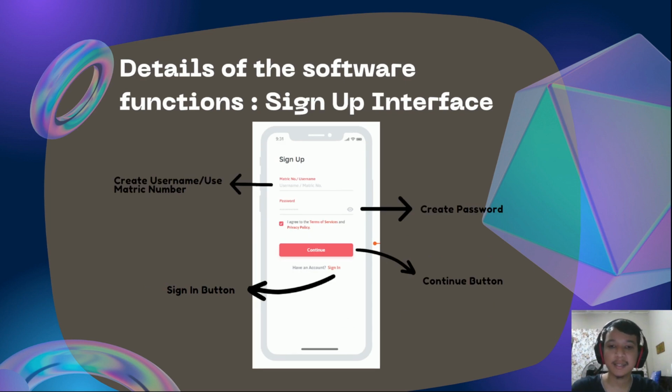So this is the sign up interface. The sign up interface includes their metric number and also probably which username they want to choose. They can use either the metric number or just a username, and also they can create a password. And once they have created both the username and the password, they can continue and they will be redirected into the